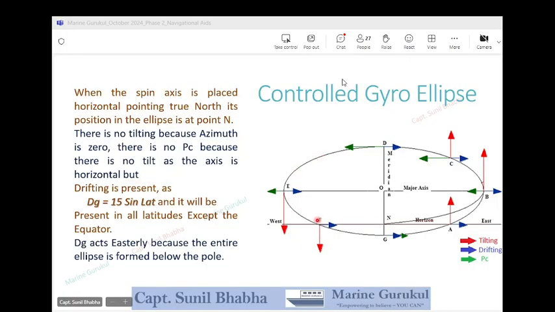As it goes below the horizon here, below point F, we see that easterly drifting and easterly control precession are both pulling it in the eastward direction. So the motion from foxtrot to golf to alpha is quite fast, as the easterly drifting and the easterly control precession both are pushing it in the easterly direction. So this explains the easterly motion below the horizon, and we have now seen why the spin axis moves